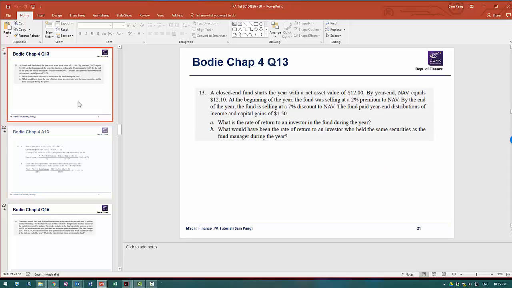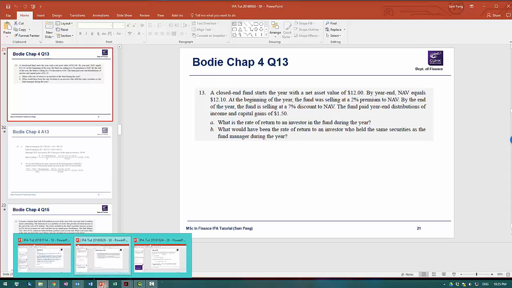What is the fund doing? The fund starts with $12 and gets some income. We don't know how much, maybe 80 cents, and it trades in and out, buy sell, long short, and it gets another 70 cents of realized capital gains. And then with the stocks that it's still holding at the end of the year, those stocks are worth $12.10. That's how you can try to understand that.